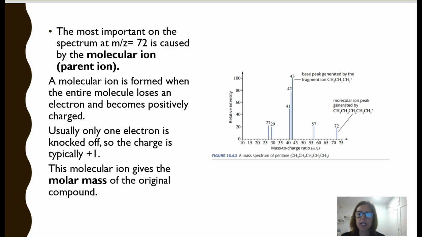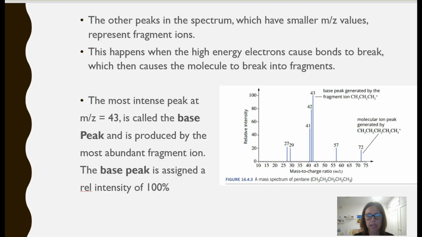So as I've said already, 72 is our molecular ion, sometimes known as parent ion. It's important to know both, just in case different people use different things. So as I said before, it gives the mass. So let's look here again. Other peaks,